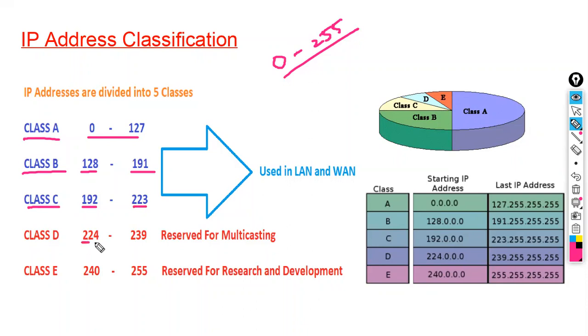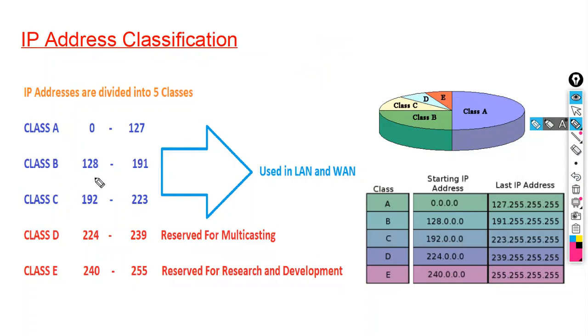And from 224 to 239, it is called class D. 240 to 255, it is called class E. You can see this range 0 to 255 is divided in 5 classes. Let us try to understand